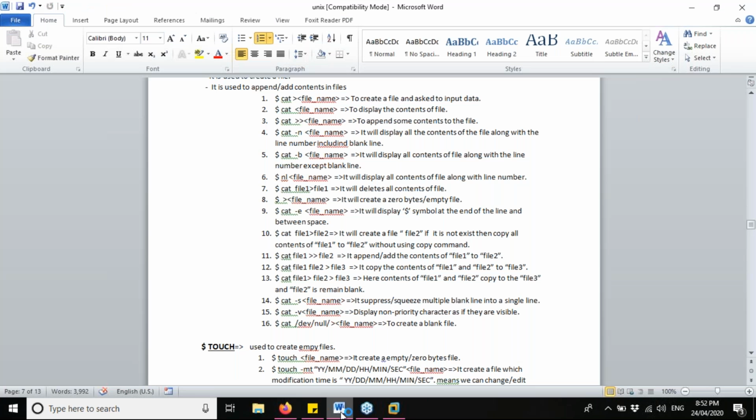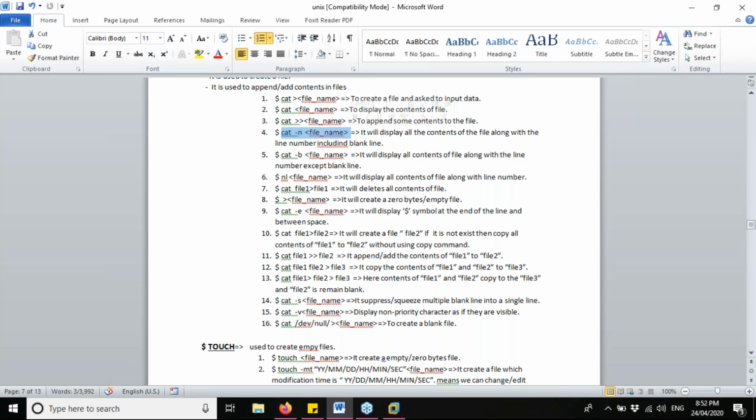Let's check the other commands. All right. Now the command cat space hyphen n and then the file name, what does it do? It will display all the contents of the file along with the number of the line, including the blank space.